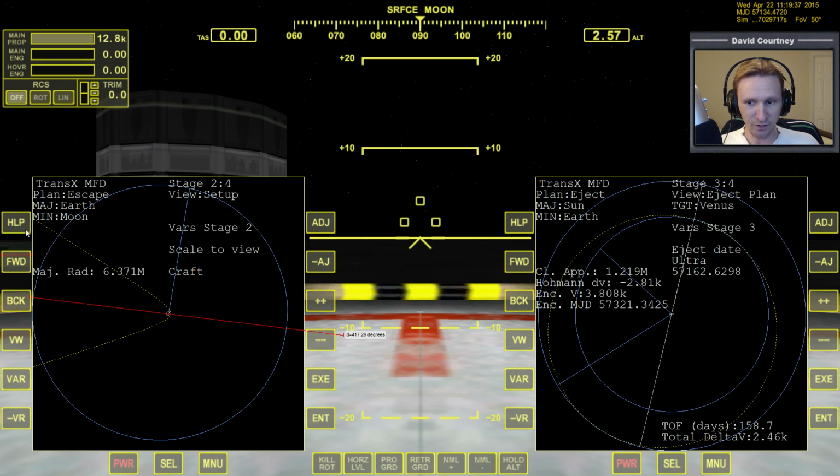And you'll notice when we do that, it's going to disturb this position, and that's why we have to do an additional refinement. Let's go all the way to course settings. So we're moving the date by several days. So we're going to go back to 57146. Get to that point. And again, we don't need to worry about decimal points here, so just whatever you get there is fine. But now you'll notice that our closest approach is way off. In our encounter view, we're not even showing up at Venus anymore,